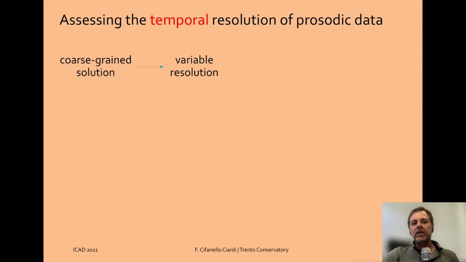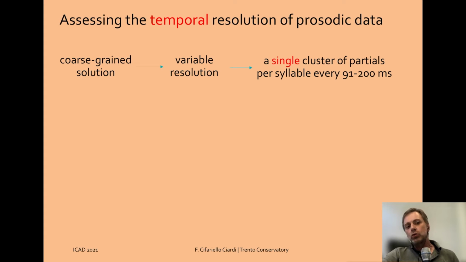Since the syllabic rate across languages varies between 5 and 11 syllables per second, data will change every 91 to 200 milliseconds when using this approach. That is between a 16th note and a 32nd note played at about 82 beats per minute. If the sonification of the prosodic data is meant to be performed, this is good news because sounds can often be articulated at this speed by acoustic instruments.